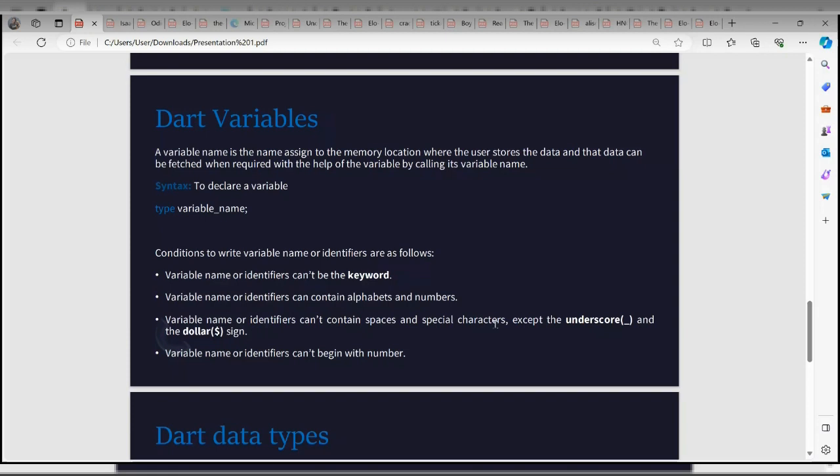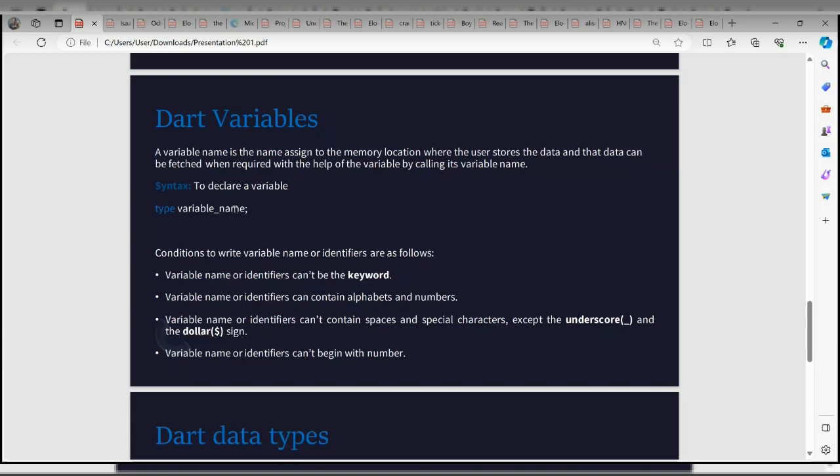So when we say special characters, we have hashtag and question mark, those special characters, right? We only have the exception of underscore. This is what was used here, variable_name.